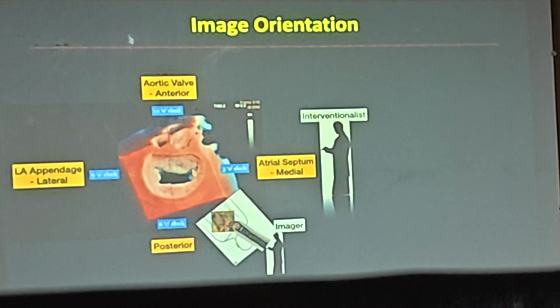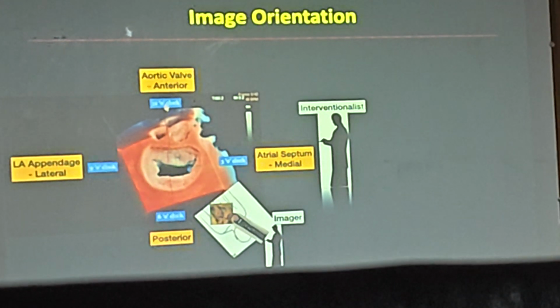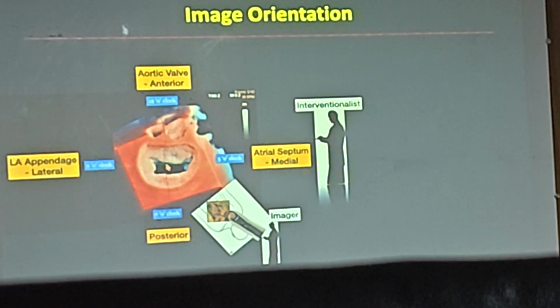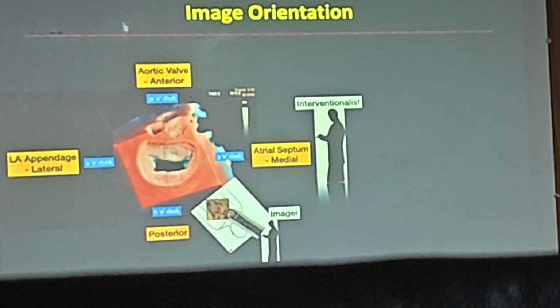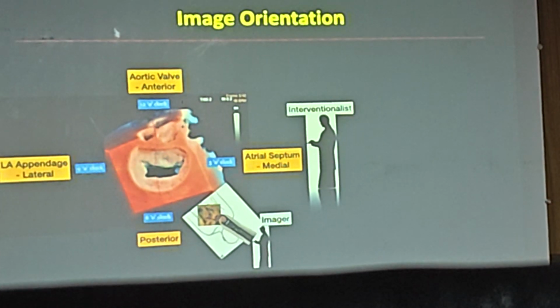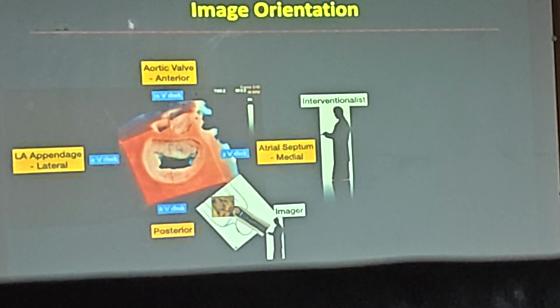Next is the clock itself. Every time you look at the aortic valve, it's always going to be 12 o'clock. The moment it is 12 o'clock, the opposite side will be 6 o'clock. And then the appendage is going to be 9 o'clock, and the opposite on the other side will be 3 o'clock. So this is again very basic, and it's a must know as far as the anatomy is concerned. So this is the second layer of how you look at it.